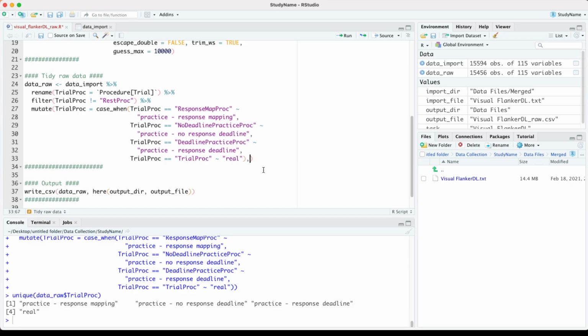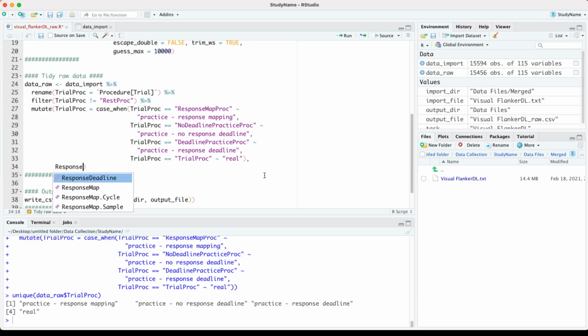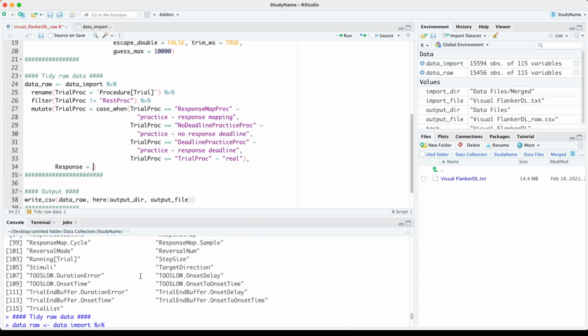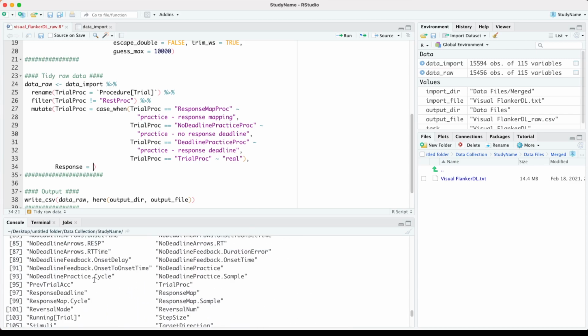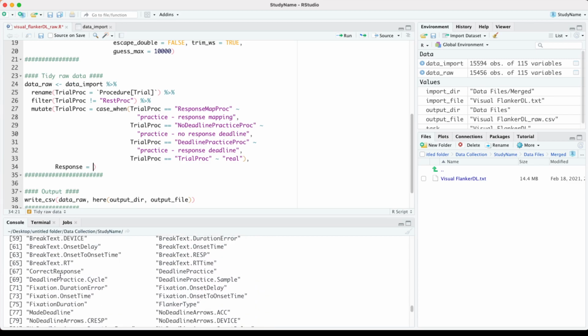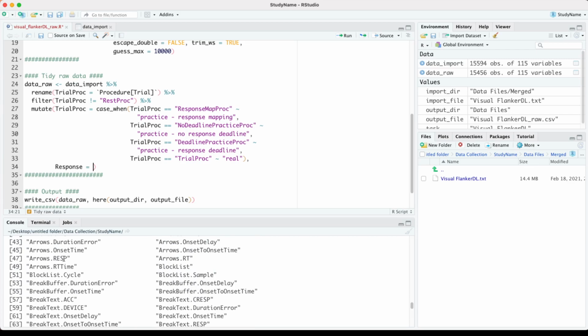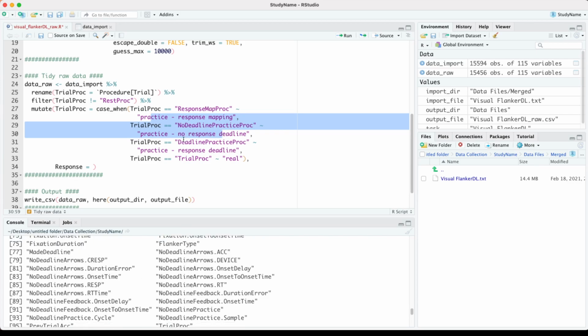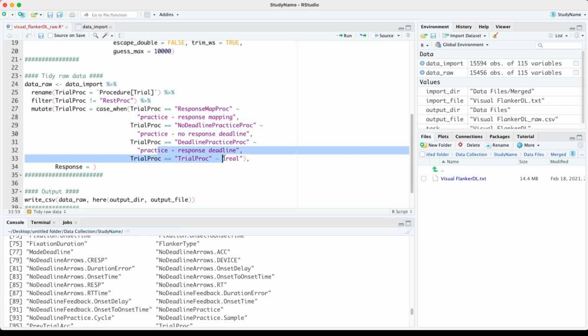Okay, so now let's move on to the response. Sorry, I was getting ahead of myself before. So basically, we want to get the response performance variable into one column. Right now they're in nodeadlinearrows.resp and arrows.resp. So actually these two practice trials are in the no deadline arrows, and this practice and the real trials are in the arrows. So response, again using case when